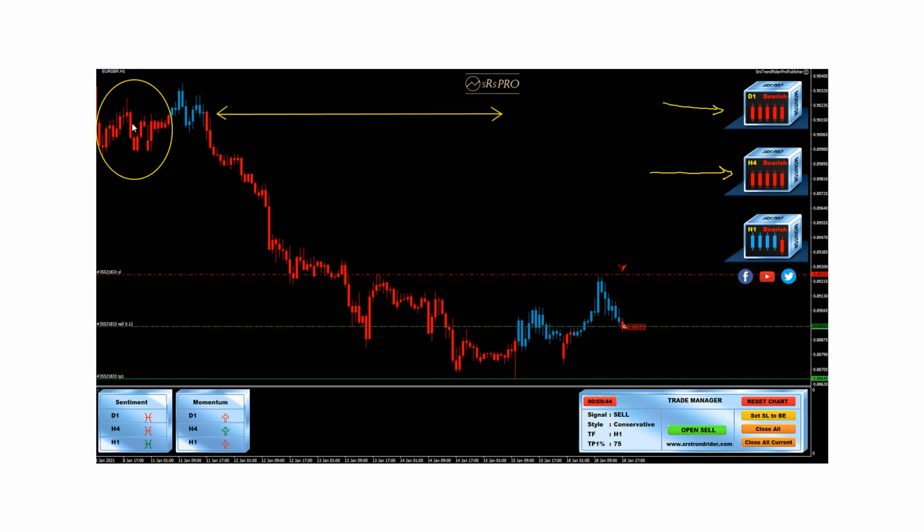Now look at the candles, starting from there. That's the available information, available data we have here. Okay, look at all that. How many red candles do you have? How many blue candles do you have? Who controls the market? The answer is pretty much obvious.